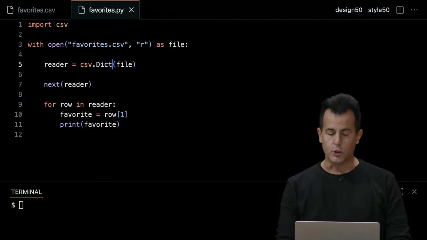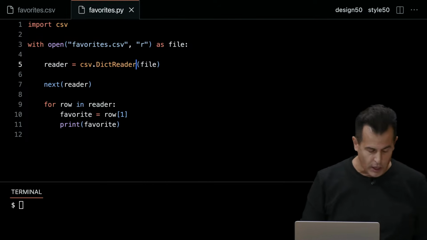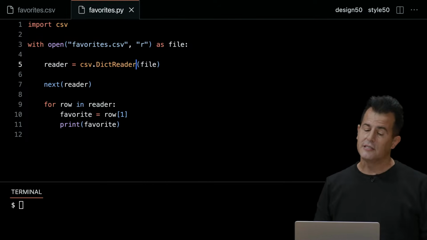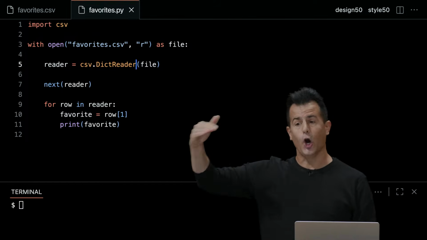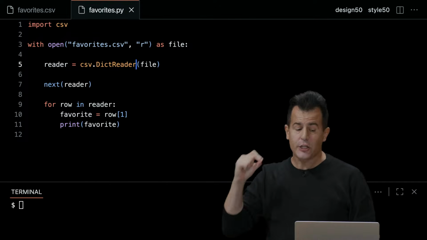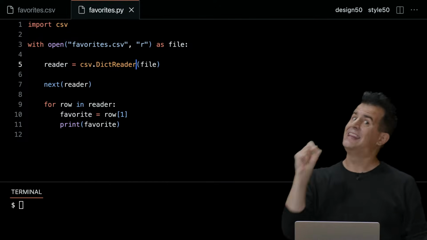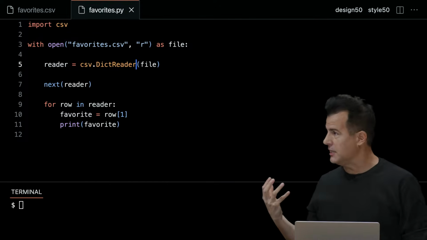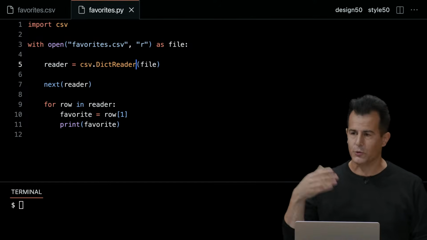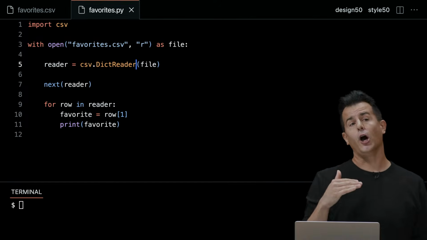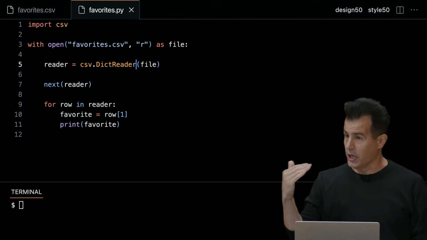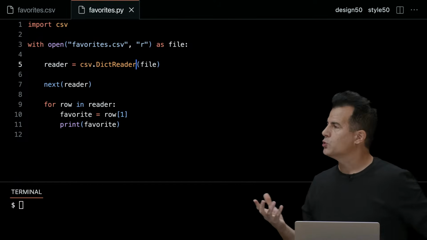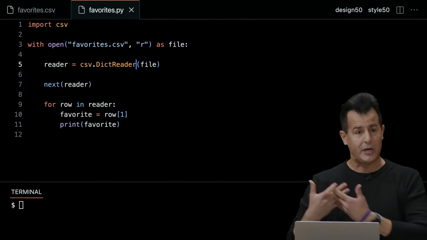So I'm going to change this to dict reader instead of just reader. And then the upside of using a dictionary reader is that every time I go through this loop, reading row by row by row, each row that I'm handed by this reader is not going to be a list anymore that's numerically indexed with 0s and 1s and 2s. Each row is going to be, as you might guess, a dictionary, which is a collection of key value pairs, which means now we can use words as our indices instead